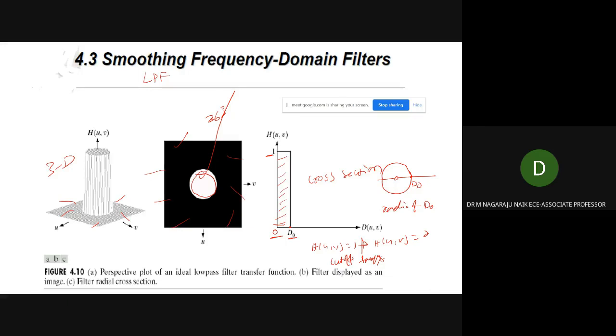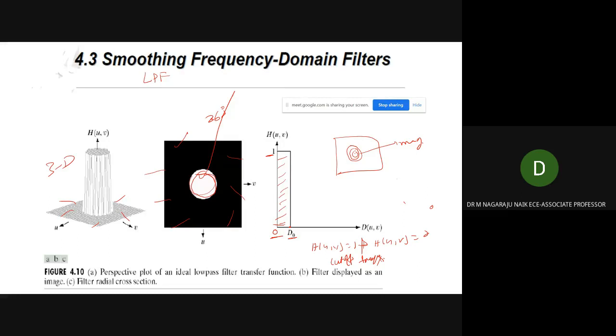If you are representing this in the frequency domain, the center of the points is like this, in rings, because this is the magnitude, focusing on the frequency components. So it represents everything in rings. The maximum number of rings are present in the ideal low pass filter.